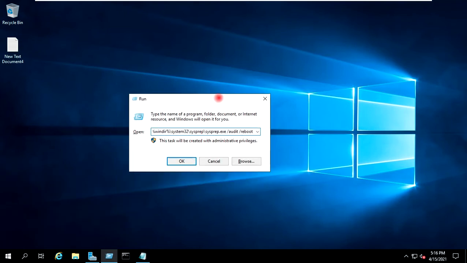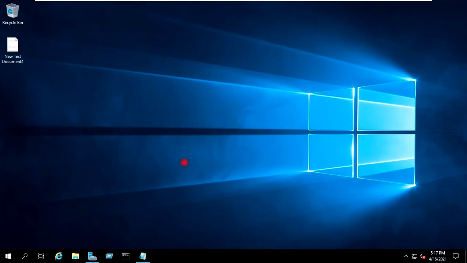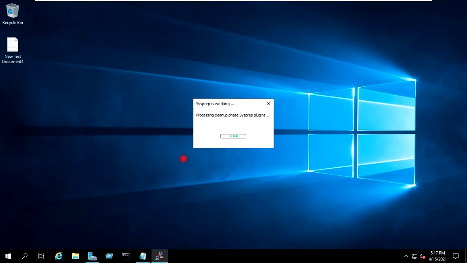Once I press the OK, sysprep will reboot my system and it will take me to the default local administrator account. I will press OK. Sysprep is working now.